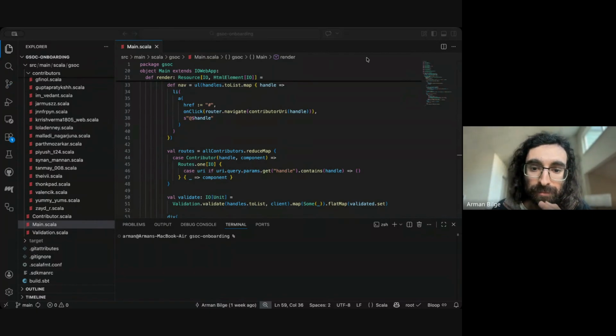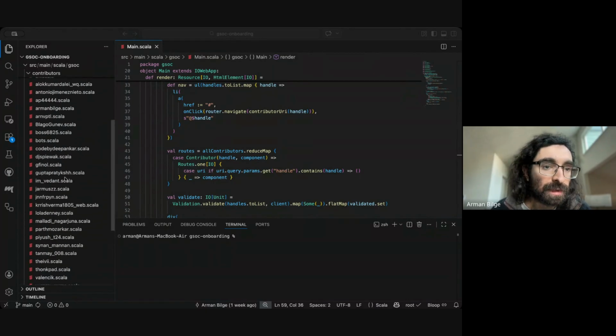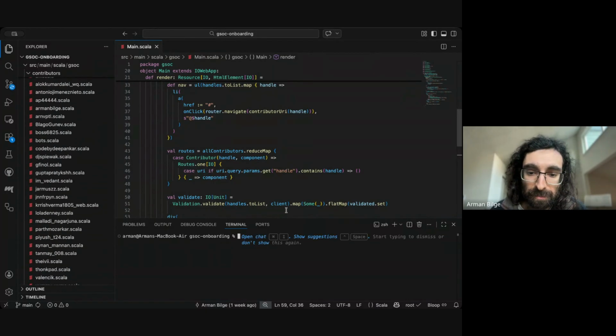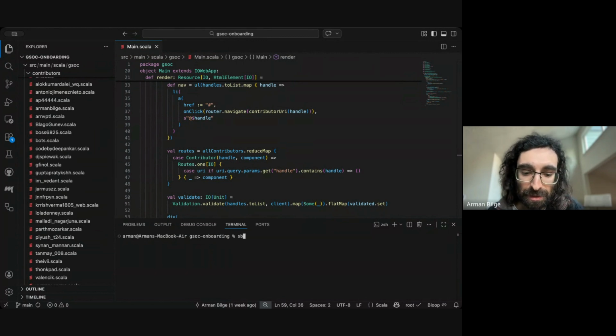So first, the important thing before you do any work on it is to make sure you have the build tooling installed. So you want to have SBT installed, and